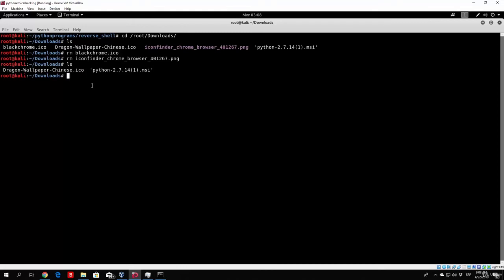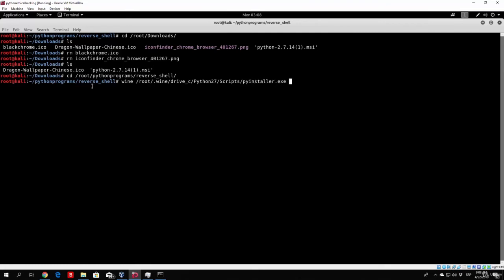So all we want to do right now is go back to our root Python programs, reverse shell, and perform the full compilation in order to get this icon to be the icon of our reverse shell, and also for the image to actually open once we start the program. So the full command will be something like this: wine, then root.wine, and then drive C Python 27 scripts, PyInstaller,